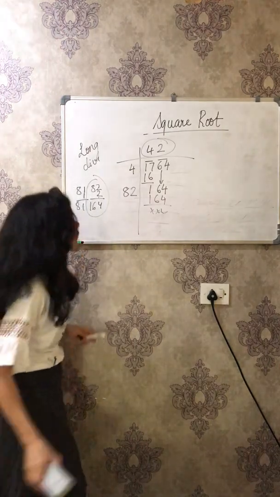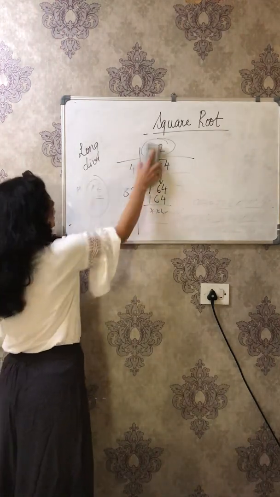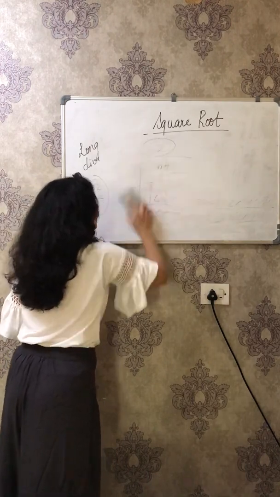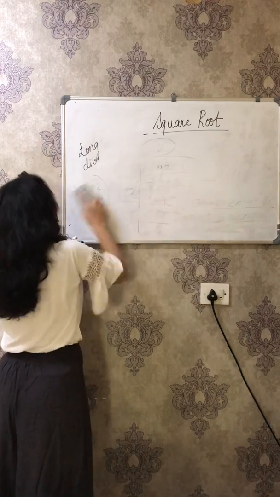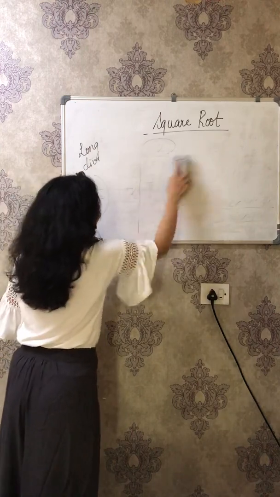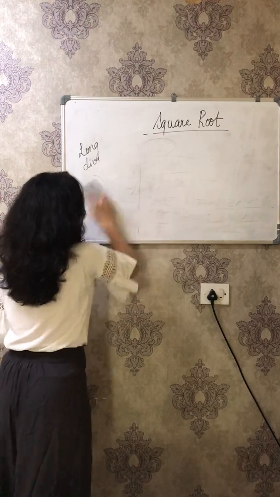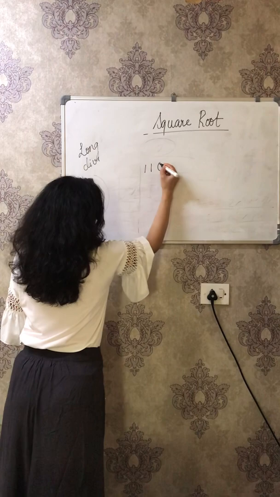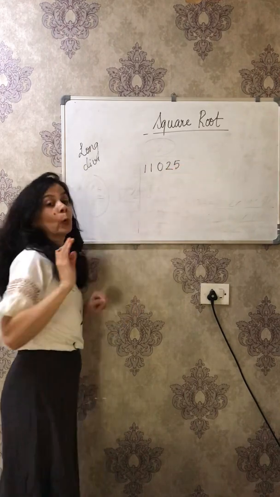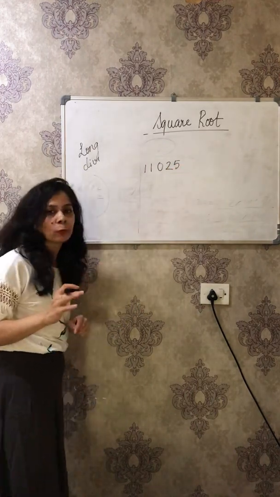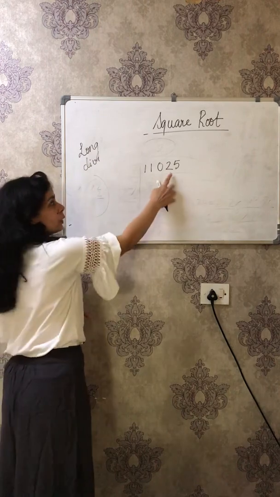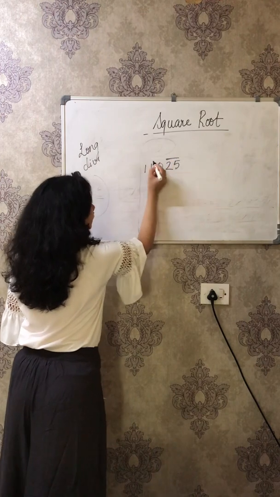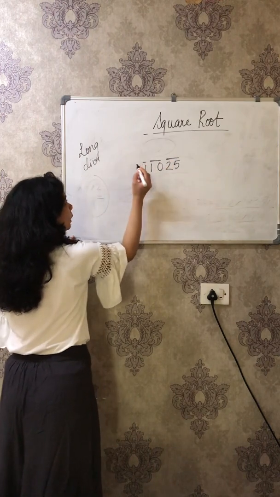Okay, am I going a little fast? Okay, I'll try to be a bit slow and tell you how to do it if 5 digits are there. Okay, a 5-digit number. How will you find the square root of a 5-digit number? Okay, let's take 1 1 0 2 5. What did I tell you? What is the first step which we need to do? Yeah, from the right hand side, start making pairs. Okay, so just make pairs. This is left alone, so let it be alone.